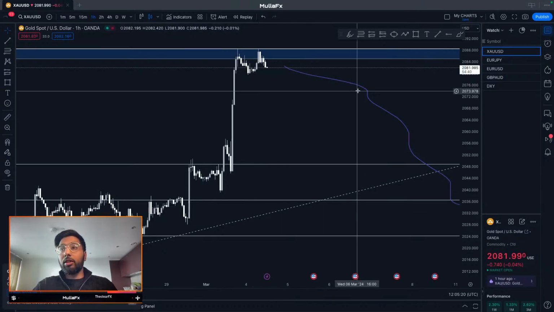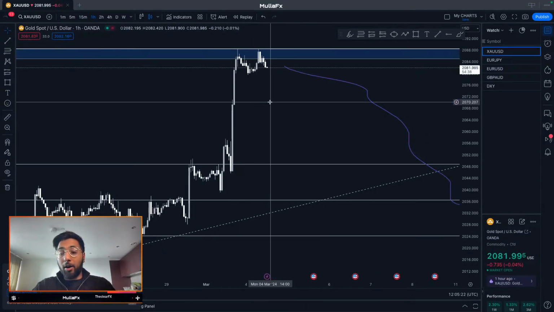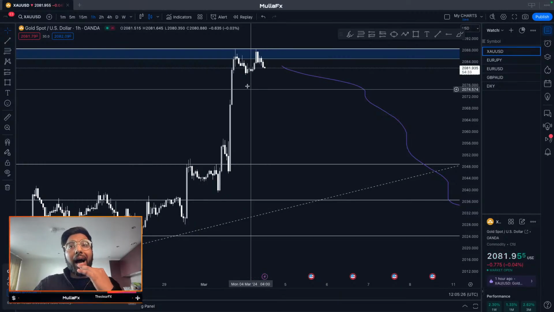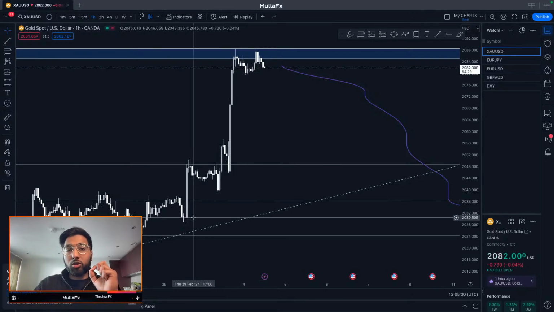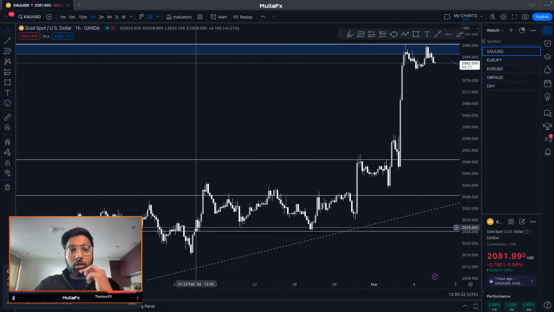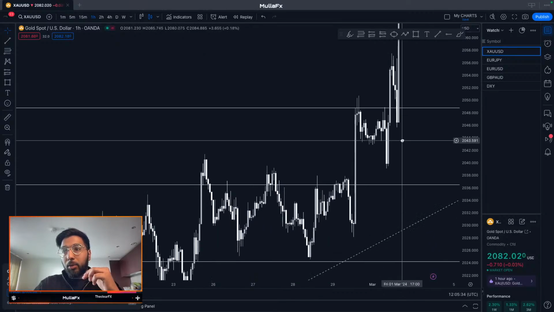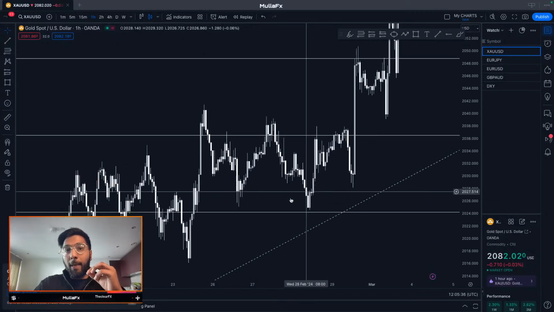Is that you have a look at gold? Yeah, 100% double top. I 100% agree with you. I definitely believe, and with gold, I know that when gold does double bottoms or double tops, it is always super strong. I was explaining to my students last week, people who are with my MullaFx Academy,